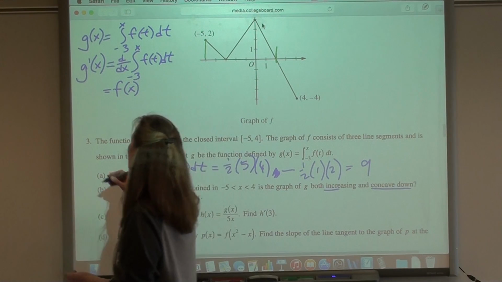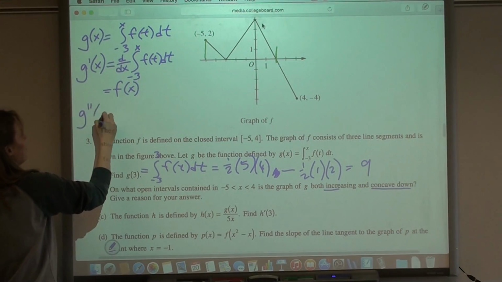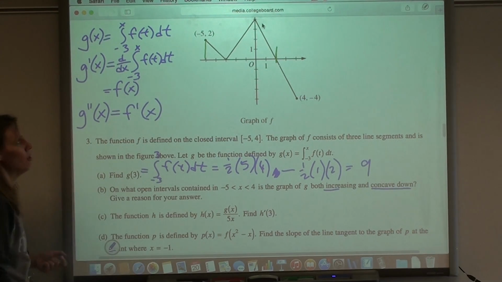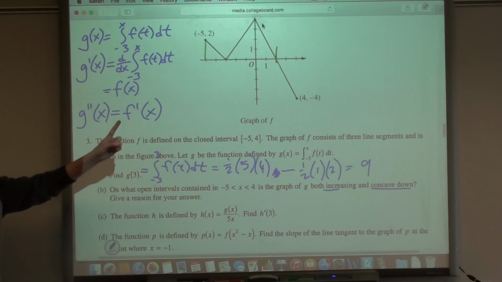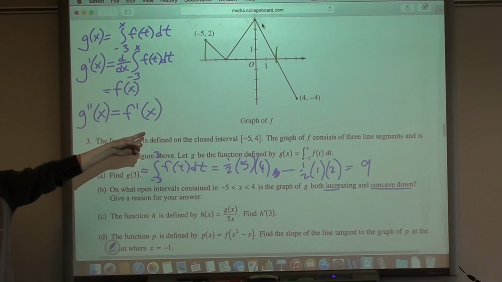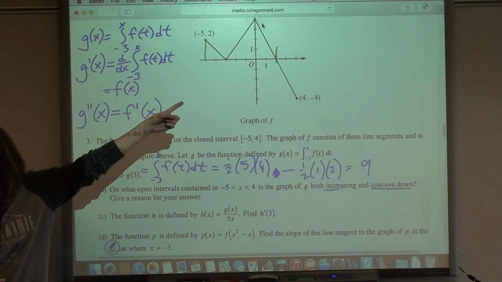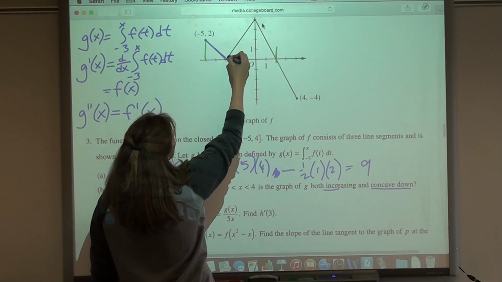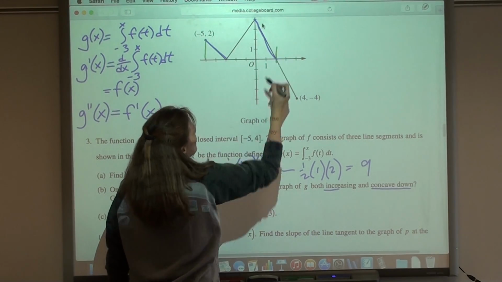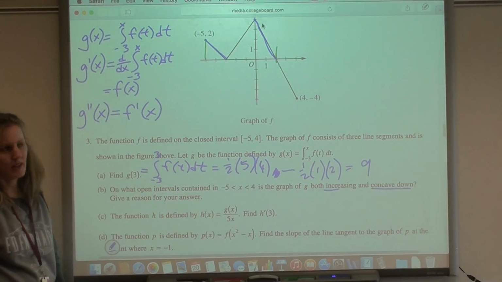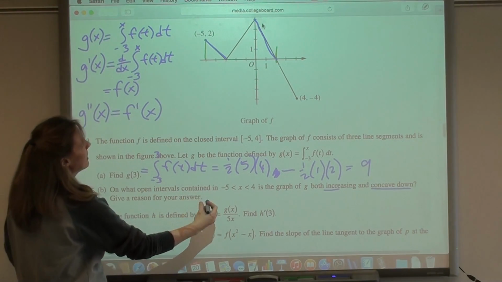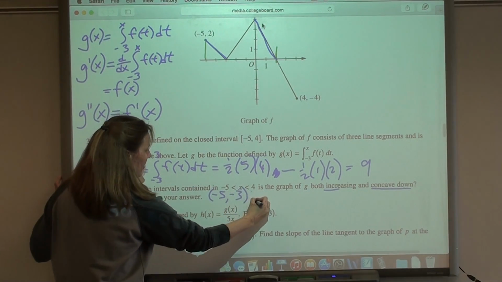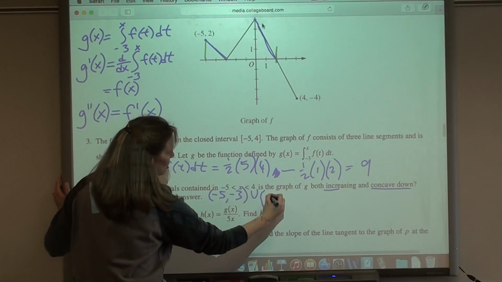So we need g double prime. G double prime is equal to f prime. We want to know where this is negative, so we're looking for where f prime is negative, which means where is the slope of f negative, right? So what we're looking for is where is it above the x-axis, but decreasing. So our answer for part B would be -5 to -3, union 0 to 2,